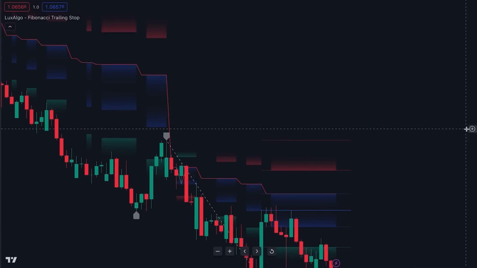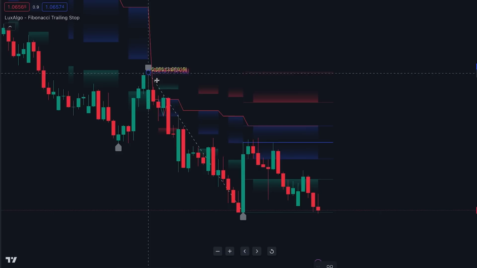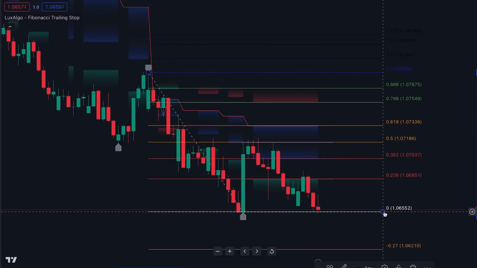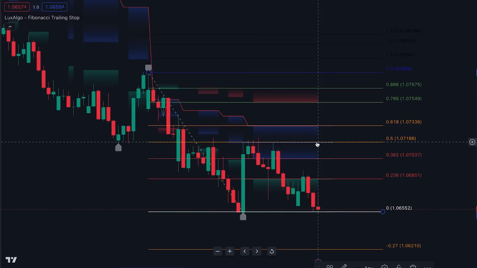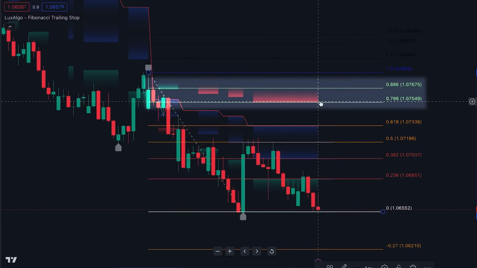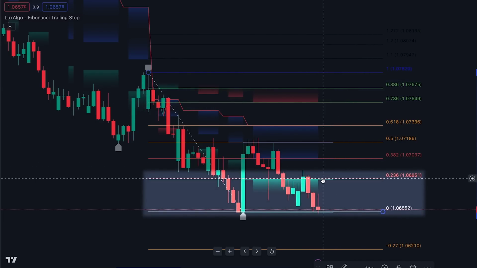calculations. If I use my regular Fibonacci tool and try to draw between these swing points, we can observe how the Fibonacci tool correlates to the indicator. Here, we have the area between the 0.618 and 0.38 zone colored in blue. Next, we have the 0.78 and 0.88 area colored in red, and down here is below the 0.23 level colored